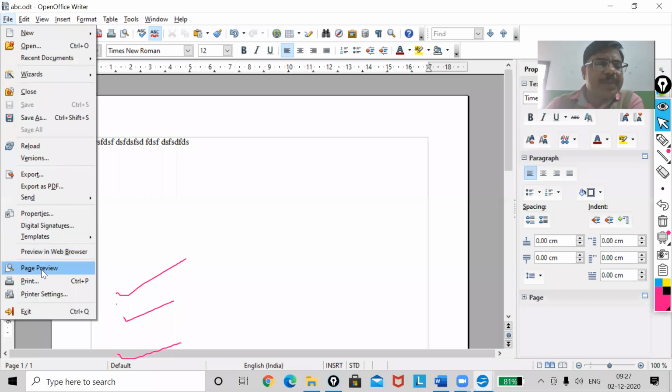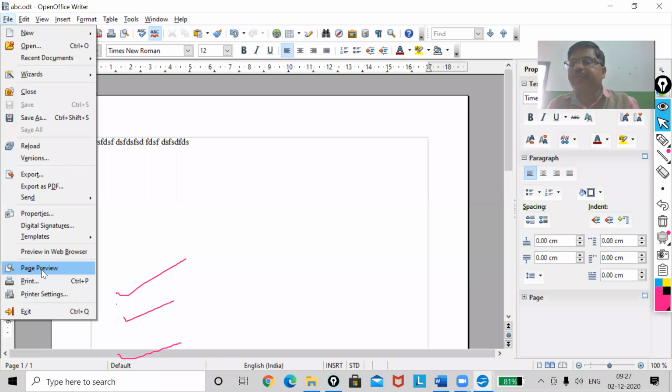Now the next part is Page Preview. I want to check it before printing. I want to check whether my document actually fits nicely on my page or not.